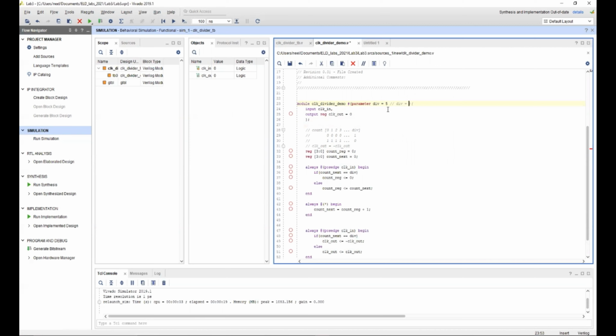It would be equal to frequency of clock in divided by frequency of clock out times 2, minus 1.